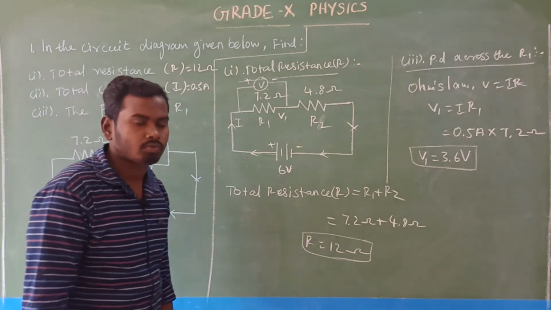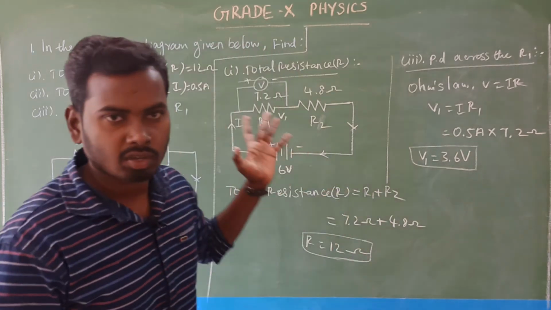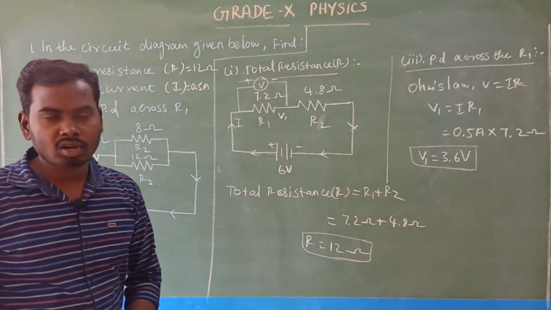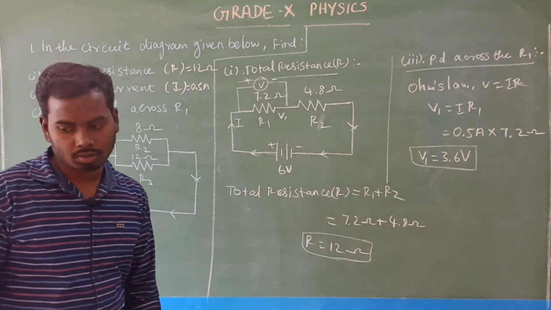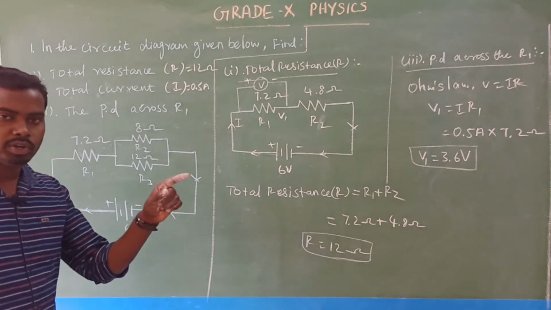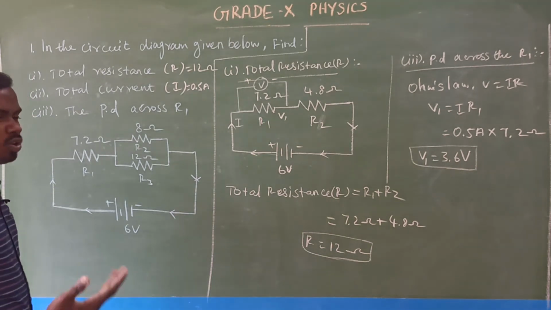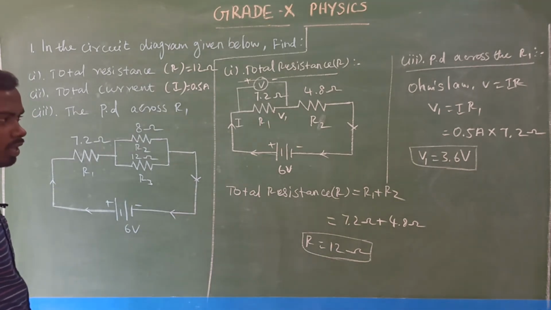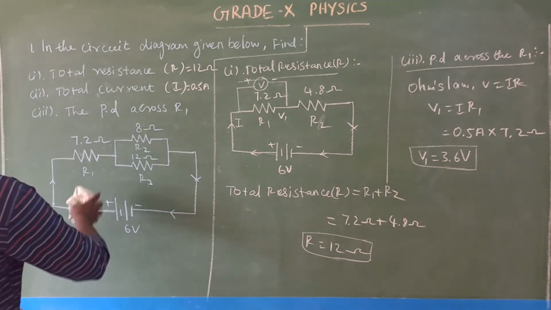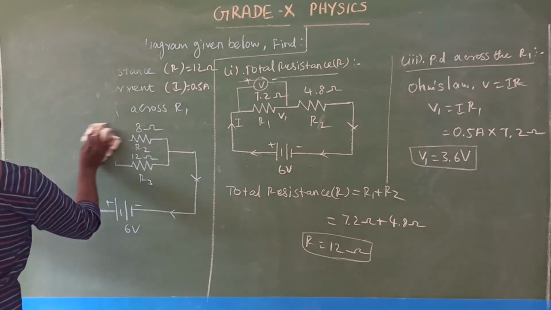This is one type of numerical. Please don't panic because of this type of numerical. It's a very easy one. The way is how you are understanding the concept. So please note this numerical in your classwork notes. Just pause the video and note this whole concept. Students, please try to take the notes simultaneously, because I don't have time to elaborate that. So this is one type of numerical. Next, we'll move on to another type of numericals.